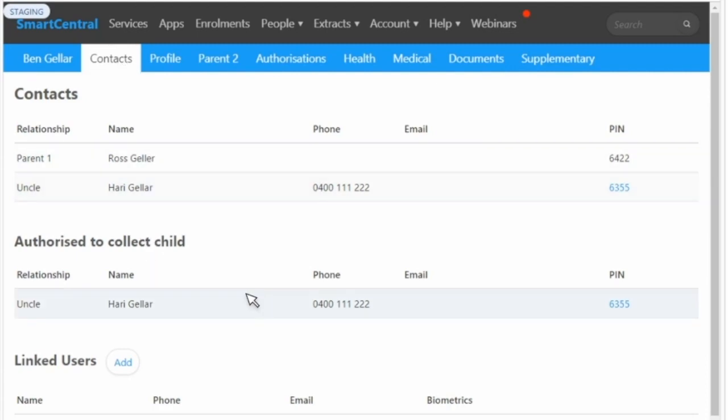Now, something to note is that if you have siblings, so 2 children in the same family, the system will attempt to recognize if the contacts are the same person. So you have an individual record of contacts on each child because they're not always the same, but the system will try to match them, and if it can match them, it will assign the same PIN to that contact under each child. So if you see a contact, say Harry, has a different PIN on each of the siblings,